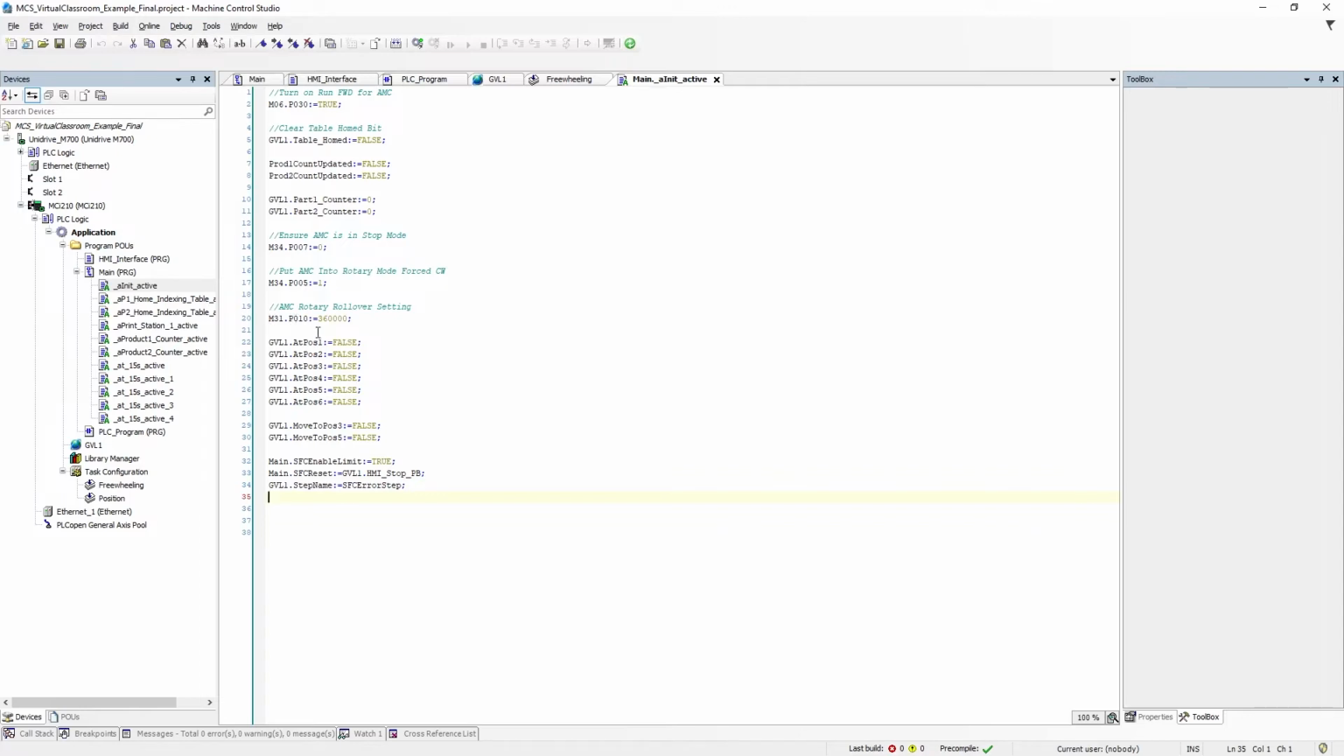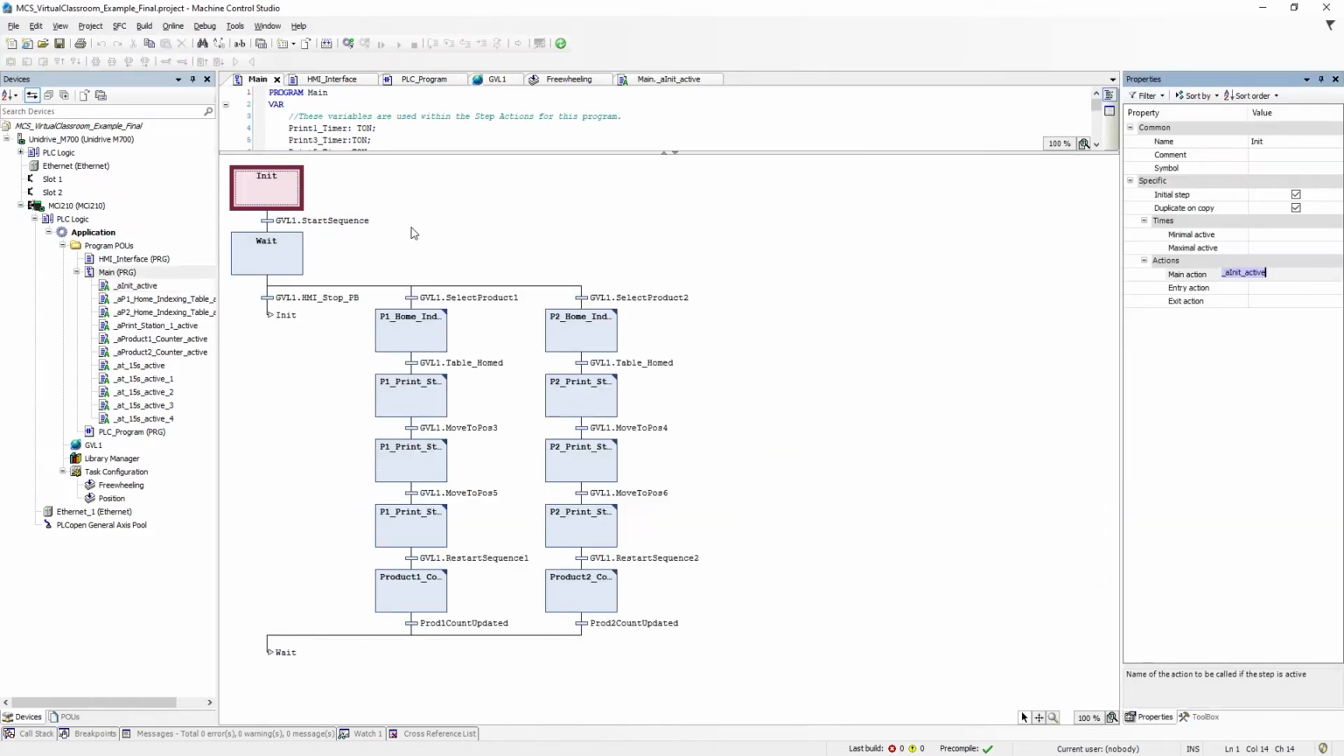It's a rotary print station, so I set up a rollover of 360.000 degrees in the action for this step. I also have done some things here too, and I think I touched on this a little bit in the last course at Machine Control Studio. But one of the most important things with Machine Control Studio and a sequential function chart in particular: